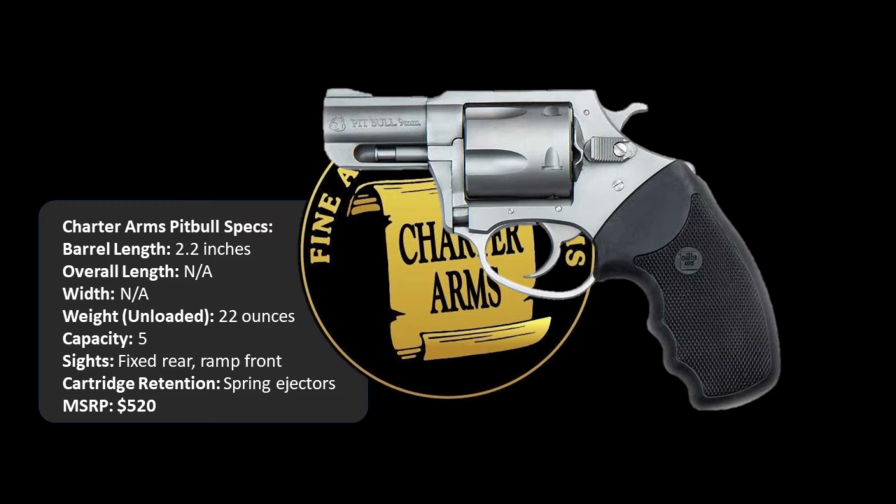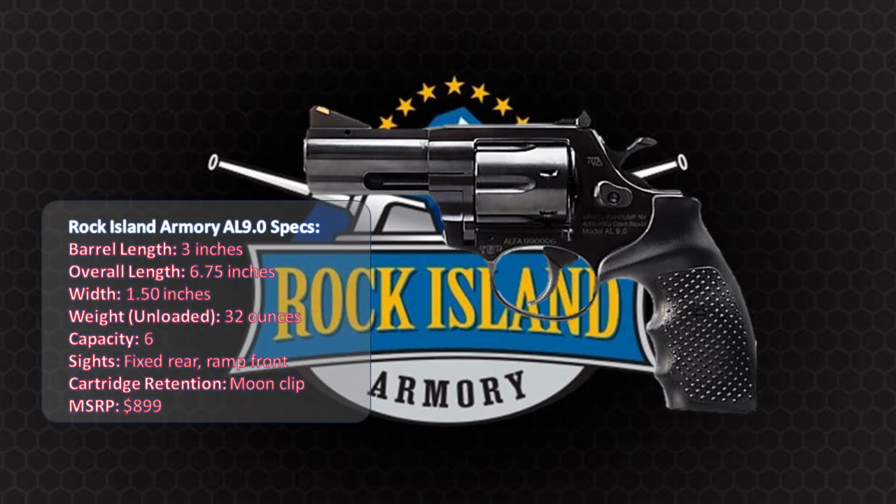At a relatively affordable $520, we have the Charter Arms Pitbull, a 5-shot, 2.2-inch barreled revolver weighing in at 22 ounces dry. The Rock Island Armory AL 9.0, weighing in at 32 ounces dry and boasting a 3-inch barrel and a 6-round capacity, would be a nice carry, if you could find one. They are elusive as Joe Biden's grasp on reality, and at an MSRP of $899, one wonders what is so